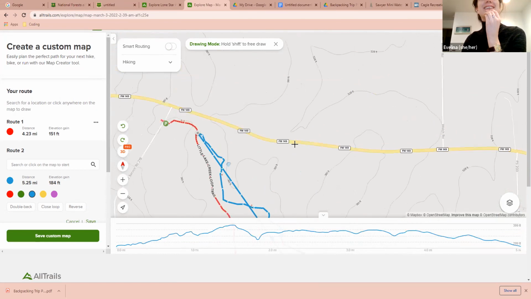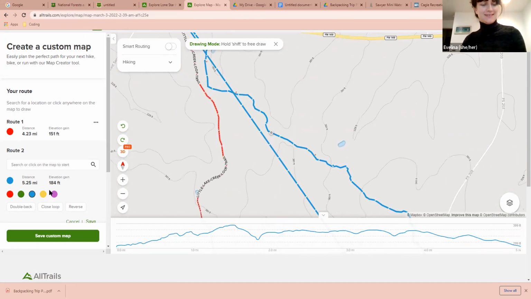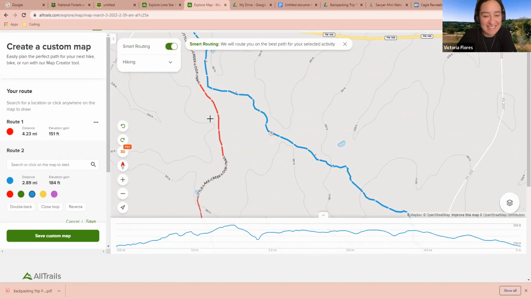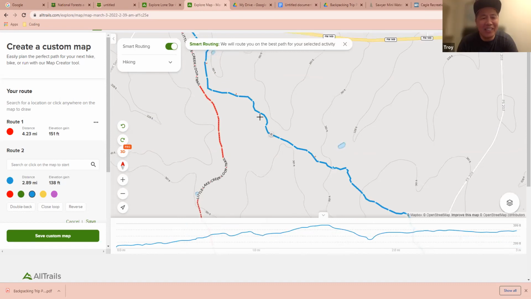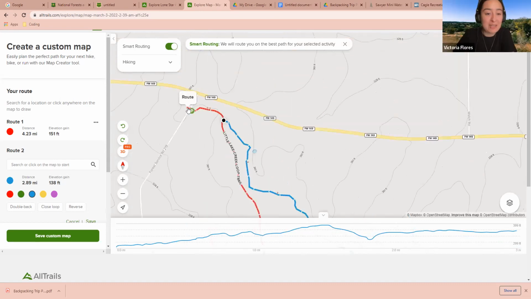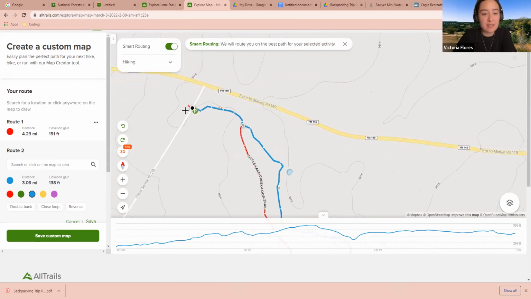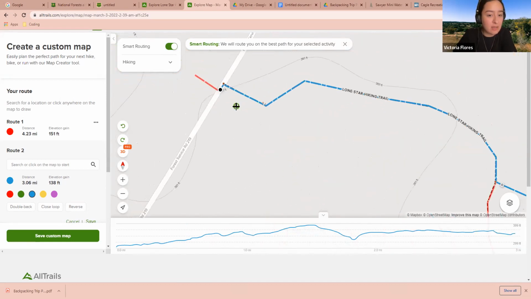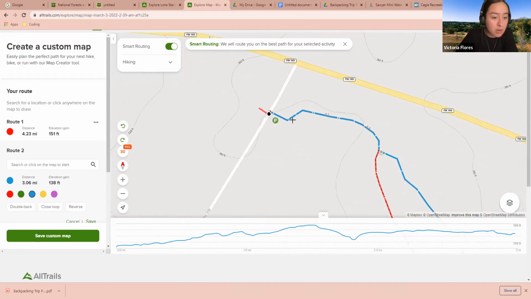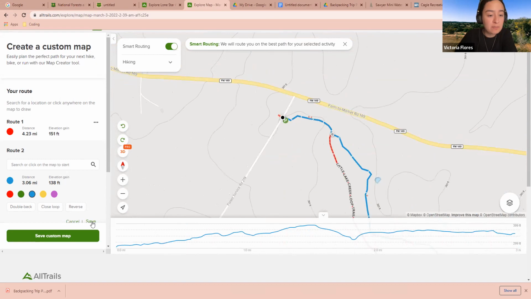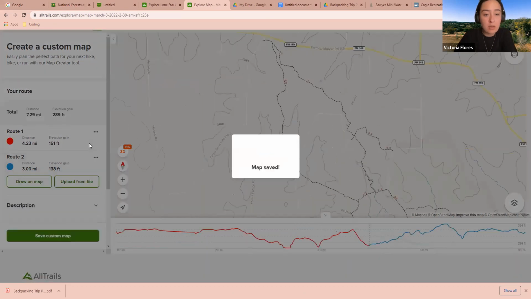I was thinking that I might close the loop for that one section. It didn't quite do it right. That's all right. Go ahead and just close it manually. Yeah, so we can just plot it all the way back. Oh, it's that parking lot right there. Oh, perfect. So the parking lot. Great. All right. And then if we go on the side there, under your route, I want to make sure we click save for route 2. So we have that saved. Great.